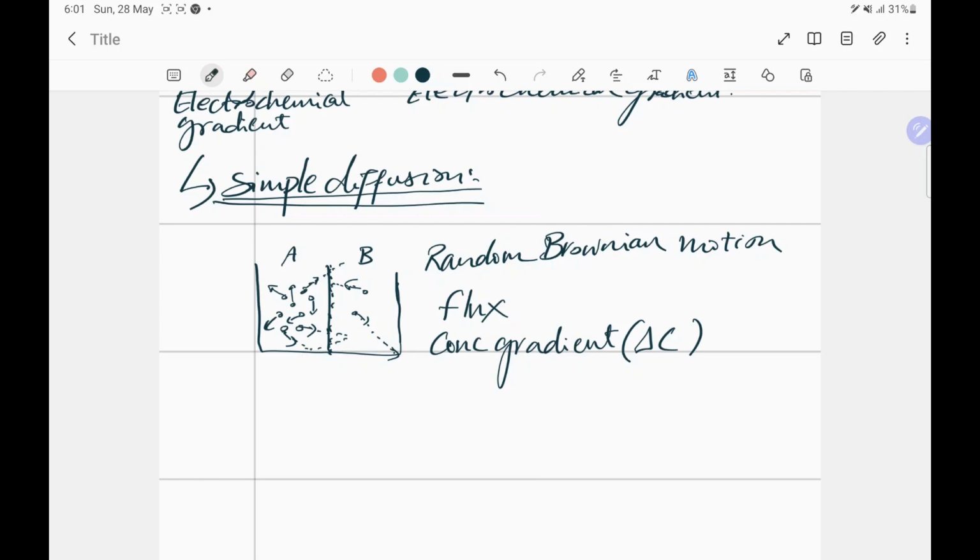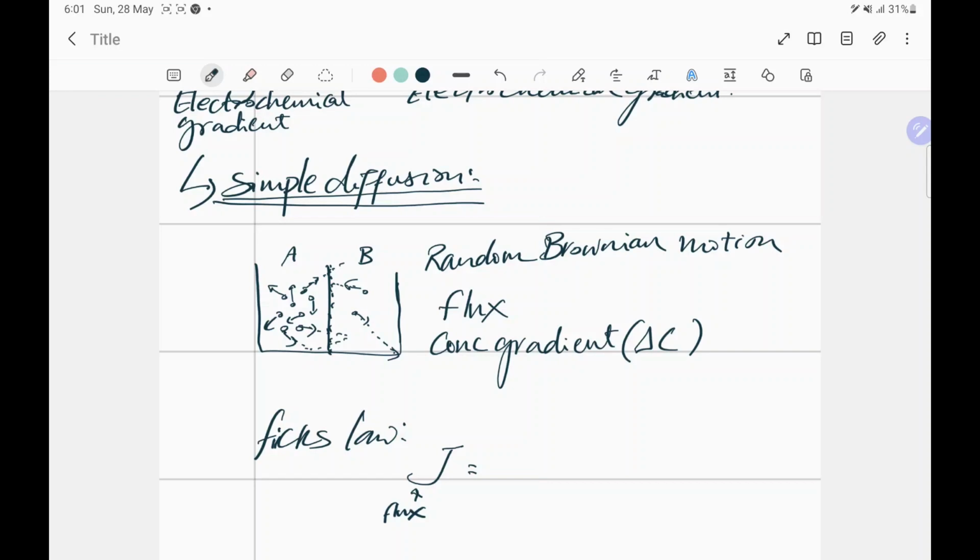So now, can we calculate the amount of flux through simple diffusion? Yes, and we have mathematical formulas for that. The first formula I'm going to tell you is Fick's law, F-I-C-K-S. Fick's law tells me that the flux, the amount of substance that is transported across the membrane, you could easily calculate with this formula. J represents flux, meaning the amount of substance moving per surface area of the membrane per unit time, is equal to,